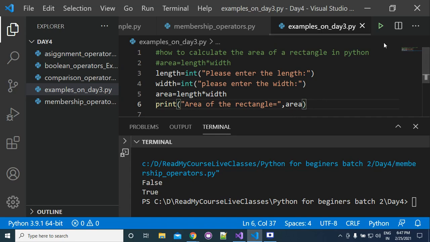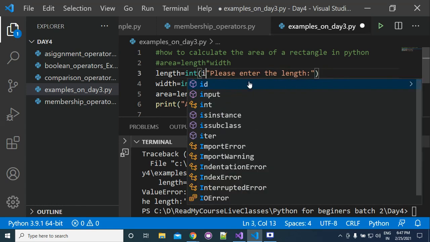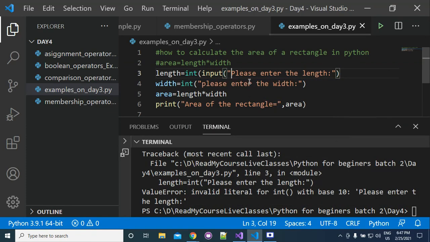If you run this program, what is it doing? Sorry, we have missed one thing here: input. So you will write input here.